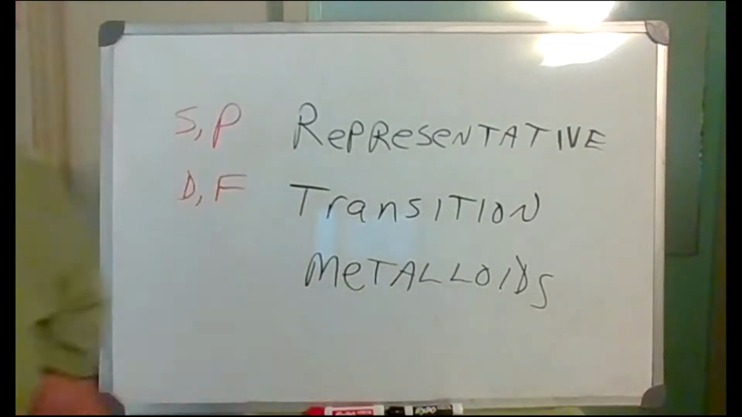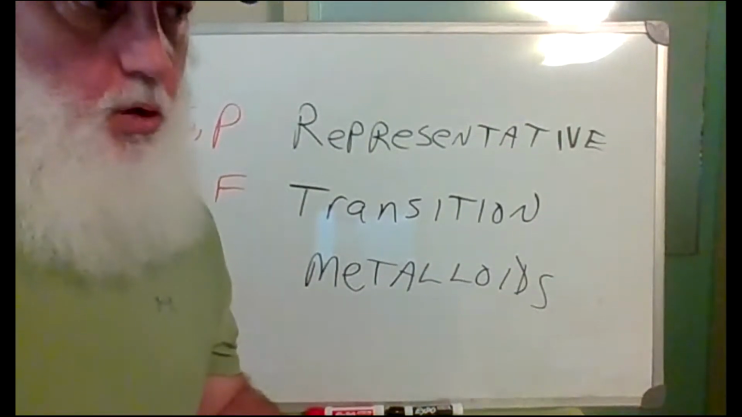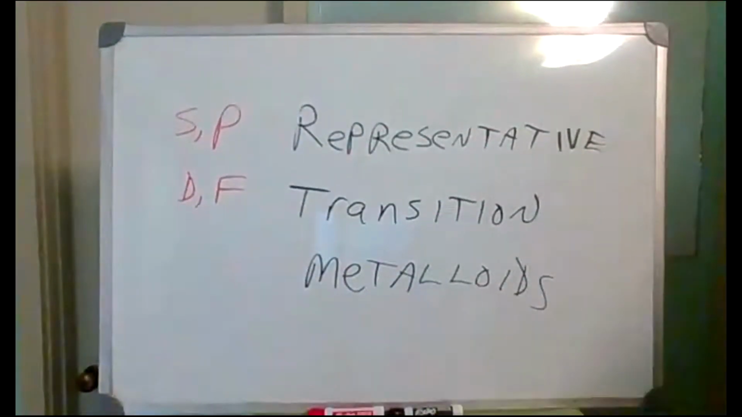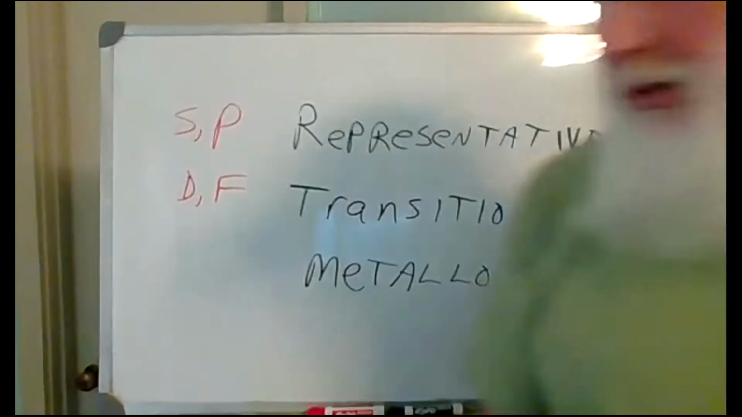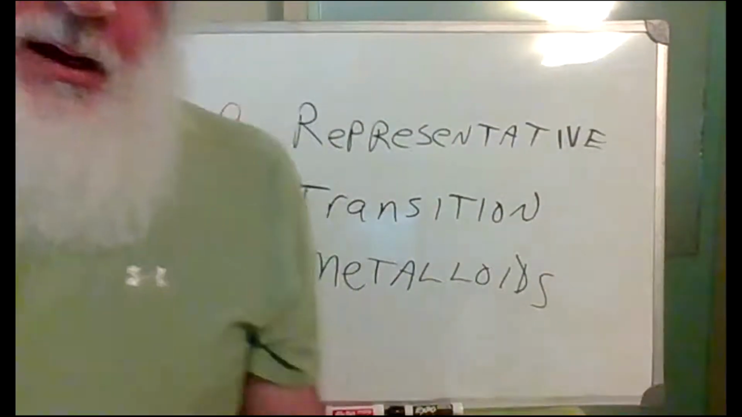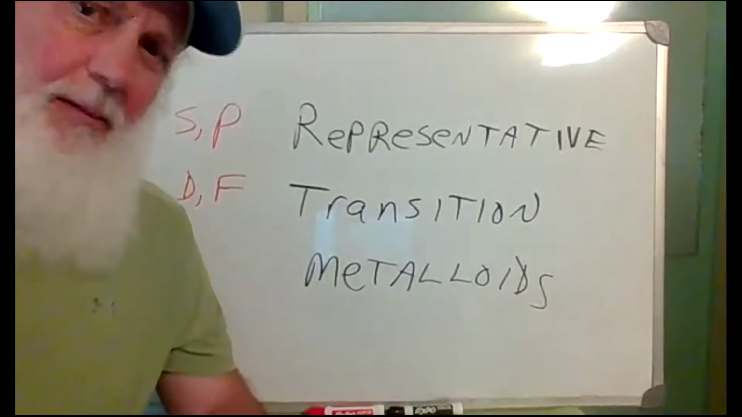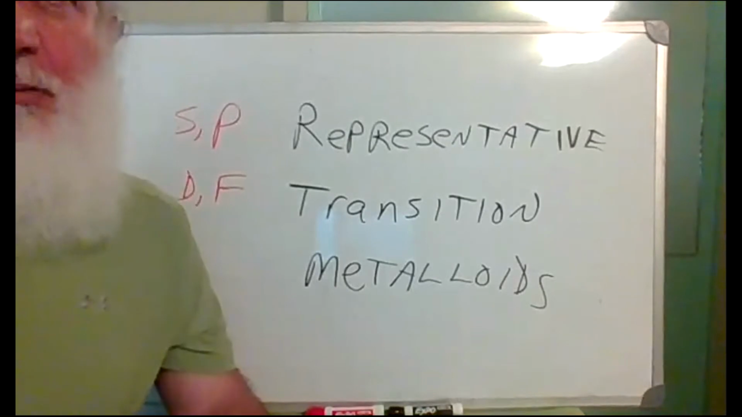Metalloids: some of their properties are like metals, other properties are like non-metals. Any questions? And again, this distinction for metalloids, you don't need to memorize the metalloids. I will give you some elements